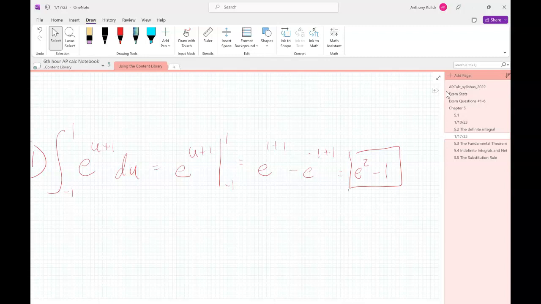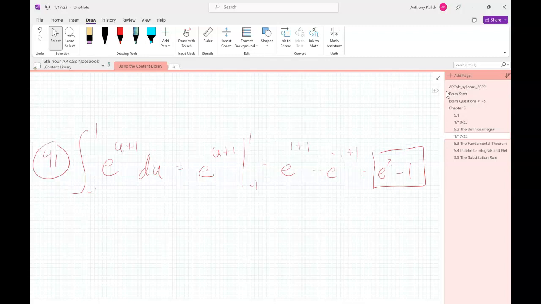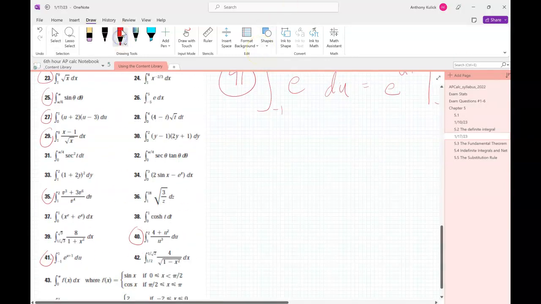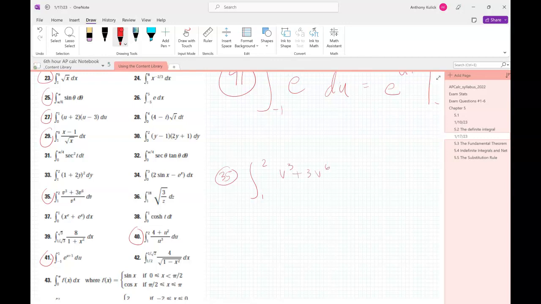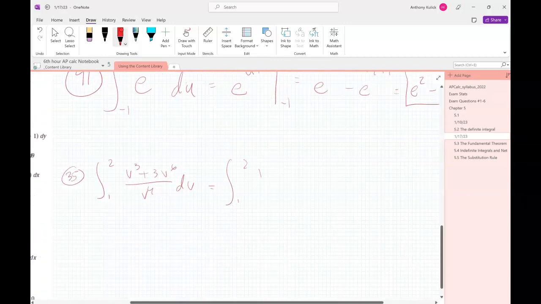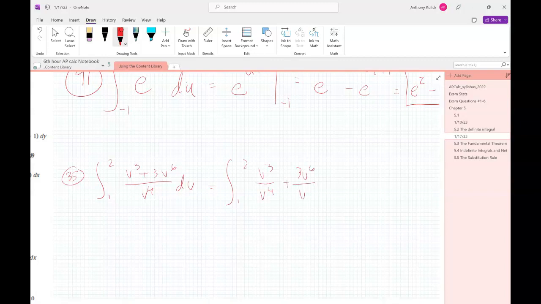How would you do 35? I wouldn't do it as a quotient rule. So 35, that's exactly what I'm going to do. I'm going to think about this as